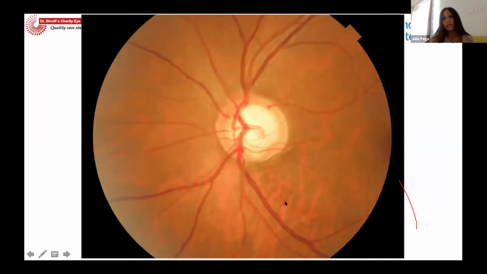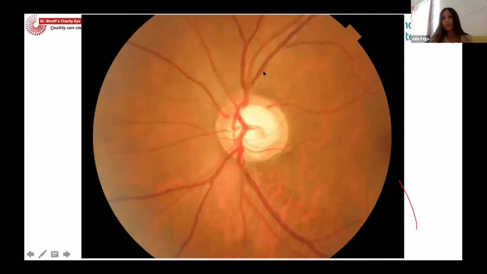So I think you should direct your concentration to any area of neuroretinal thinning, and corresponding to which, if you get an RNFL defect, those are very characteristic of glaucoma. And you can exactly say that I'm having more damage in this area. And also by just looking at this optic disc, you should be able to predict what kind of visual fields I'm going to get. Like in this patient, because of this notch that is forming here,